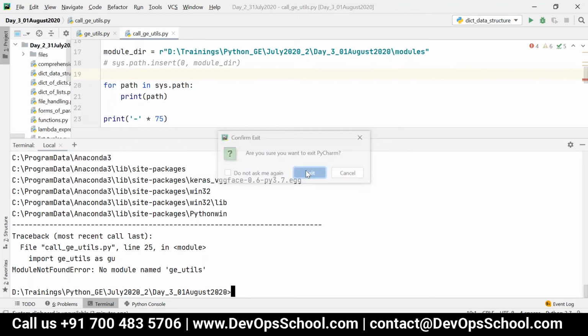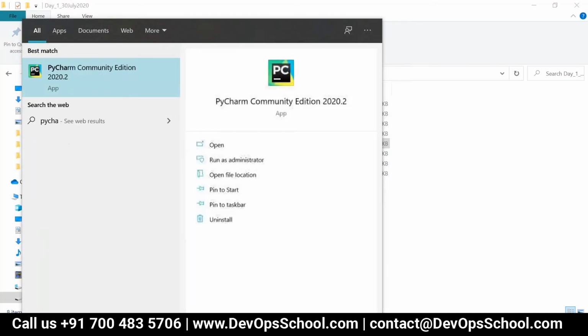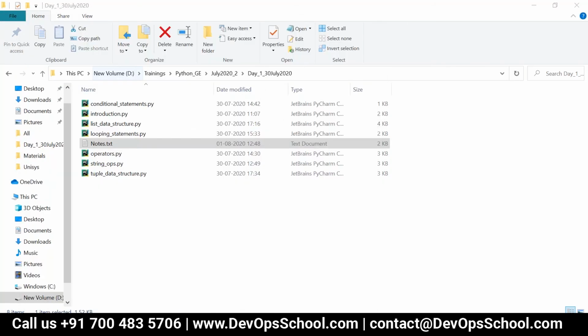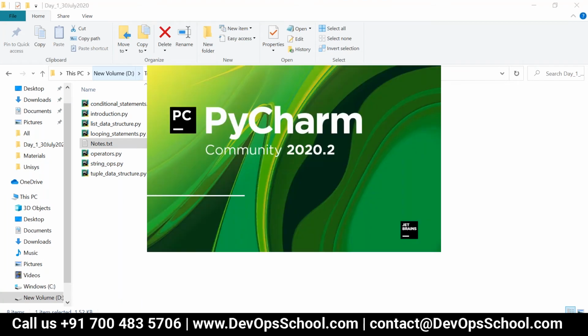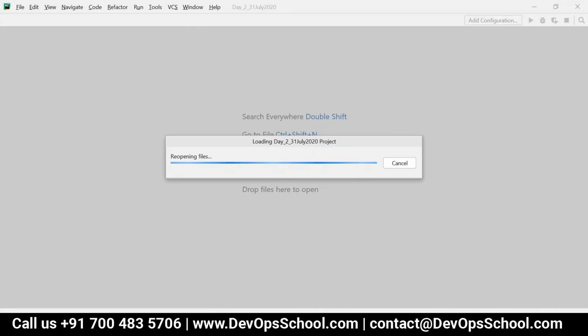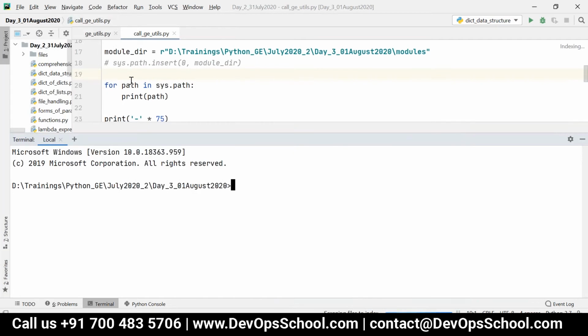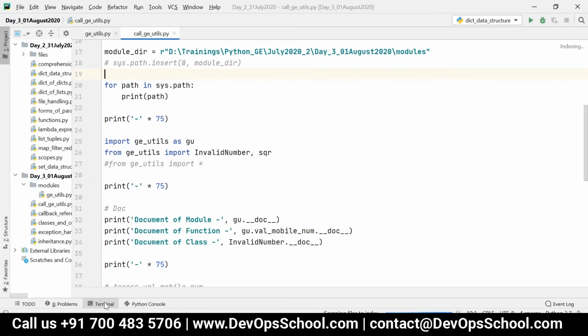Not only PyCharm, the command prompts and all the Python supported editors, whatever editor you use, let it be IDLE, let it be PyCharm, let it be Spyder, you have to restart your PyCharm window.